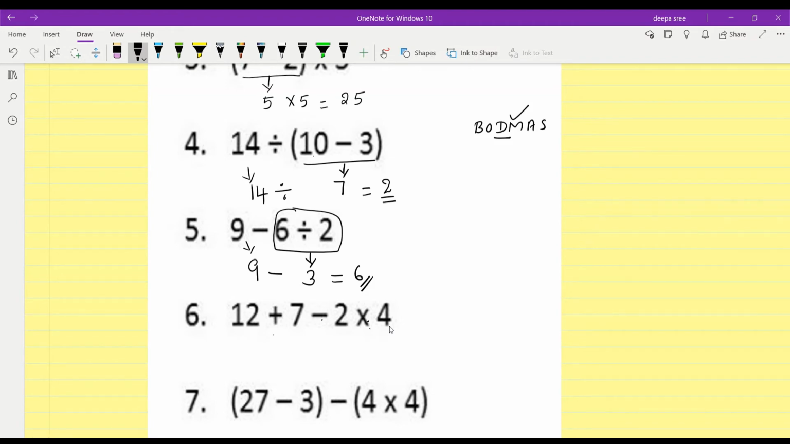And next you have to go through, is there any division? No division operation here. Next we should go through multiplication, is there? Yes, multiplication is there. So 2 into 4 you have to multiply first. After multiplying what you will get? 8 you will get. The remaining operations and numbers you have to write as it is. So 12 you have to write as it is plus 7 you should write as it is minus that multiplication